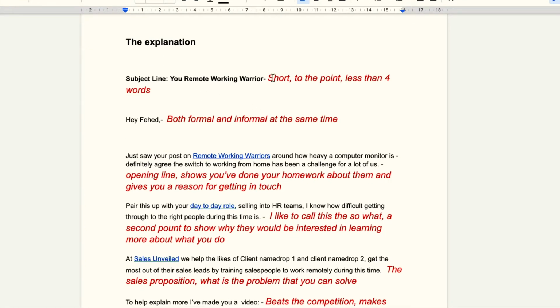Number 1, it's only 4 words long: "you remote working warrior." And second of all, anyone who's done a quick Google of my name knows that I own a website called Remote Working Warriors. Side note, if you're interested in learning more about working from home and all that stuff, definitely check it out. But it's short and to the point and it's definitely relevant, so I'll definitely pass the check for